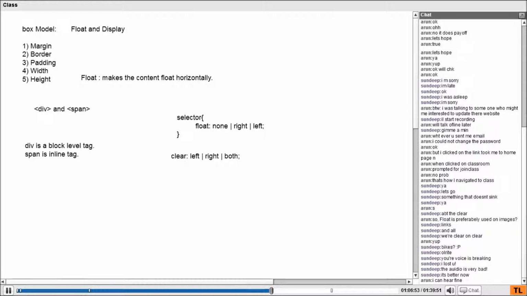So the even image, just like the even text, should float right. I gave a class to